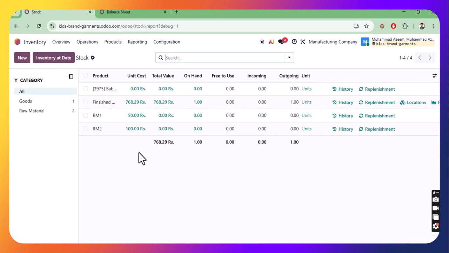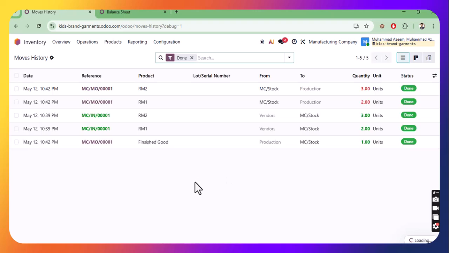We have this stock report. We have finished goods, unit cost is 678.29, total value is 678.29, and RM1 cost is 50, but we have 0 value in our stock. For RM2, similarly 0. If I go to reporting again and open move history, it will tell me the move history